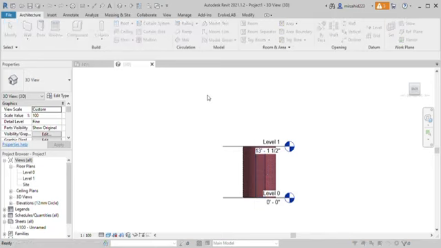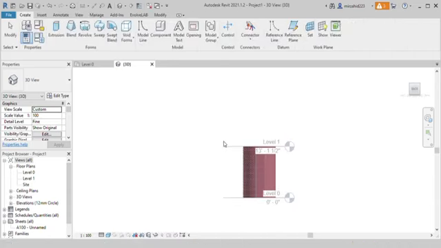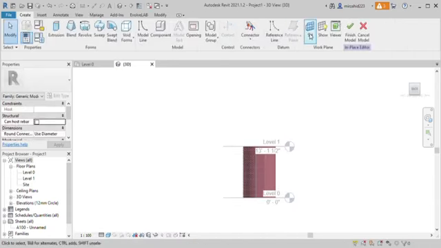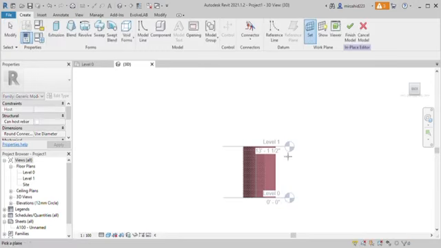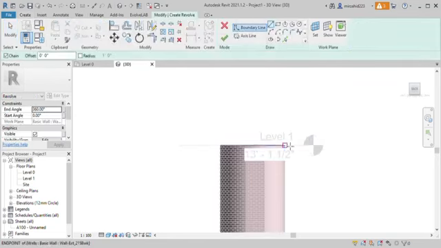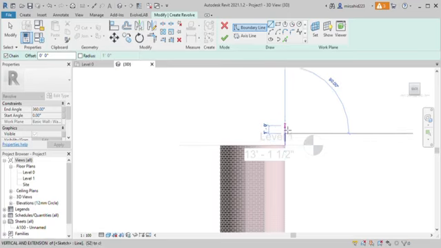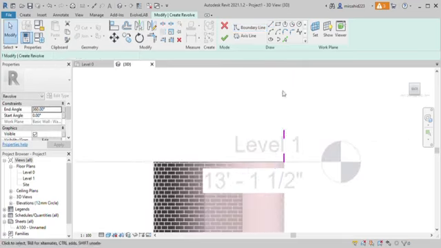Over here we need to go to components and model in place. Thereafter we need to go to set our reference plane. Once it is set, we can start making dome. Go to revolve, take a vertical line like this in different sections, and you can try different shapes